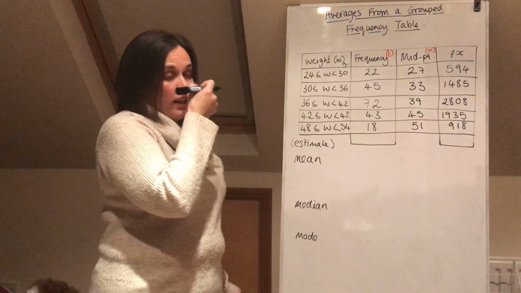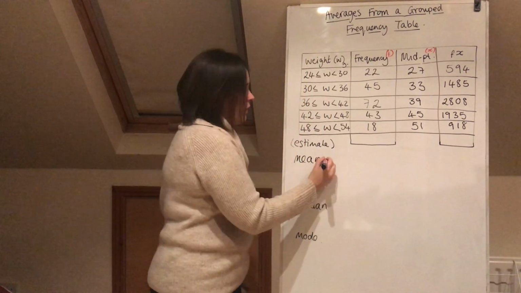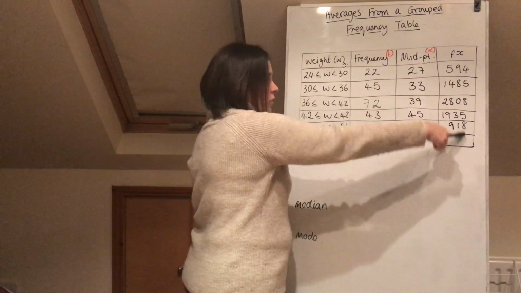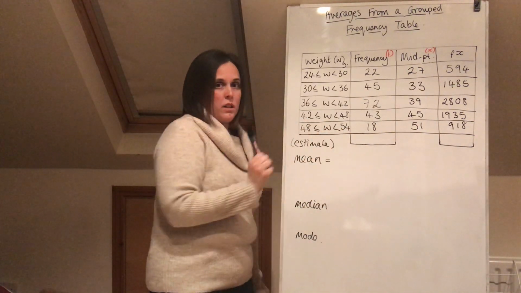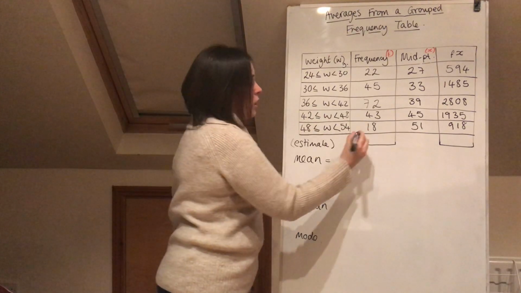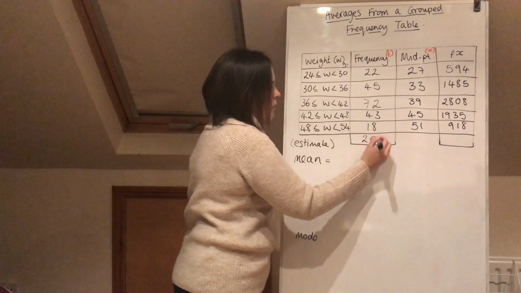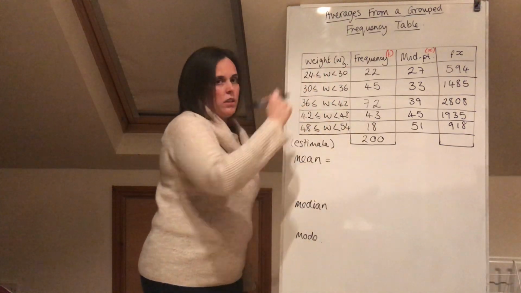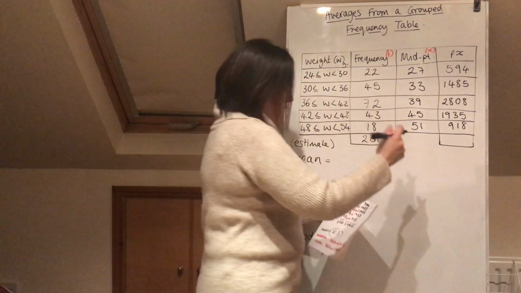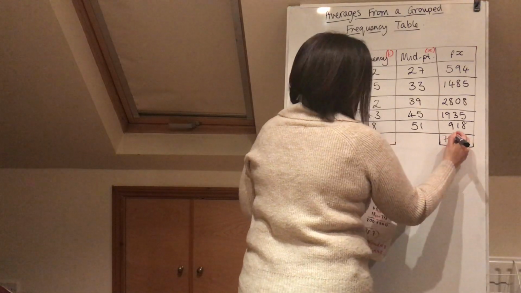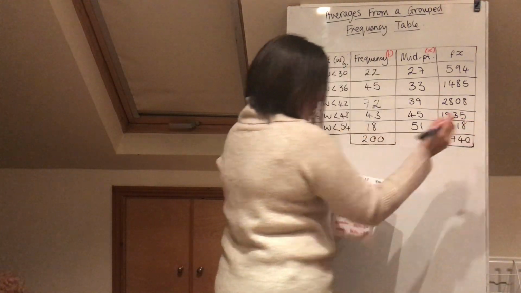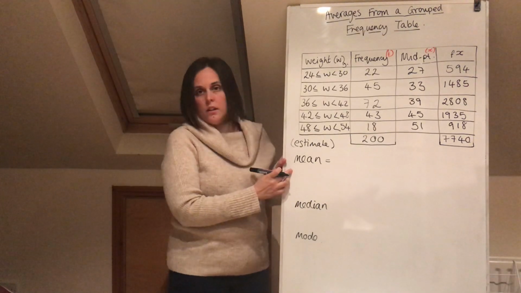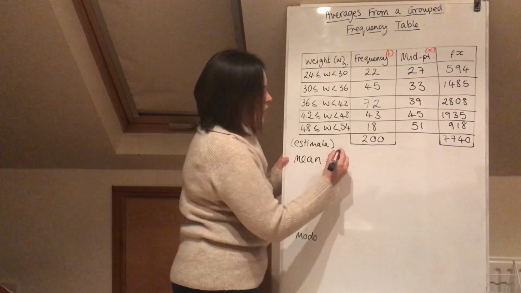Okay, and then what we need to do for the mean is we find the total of this column and we divide it by the total frequency. Now I've already told you there were 200 items, but if you're ever not sure, please just add those up. And the total of this column is 7,740. Okay, now the mean then, if you do that calculation,